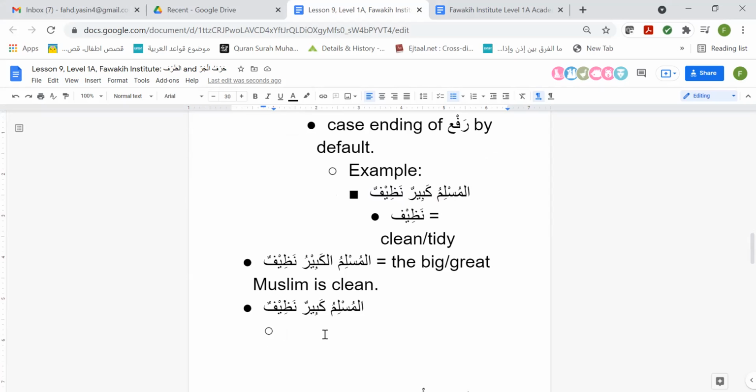So here, the first thing to remember is we're starting with the jumla ismiya because the first word is an ism. It has to be a nominal sentence, because by definition, a nominal sentence is that which is started by an ism. So we know that therefore it's the Muslim. Okay. Now we look at the following word. Remember that for this actually.